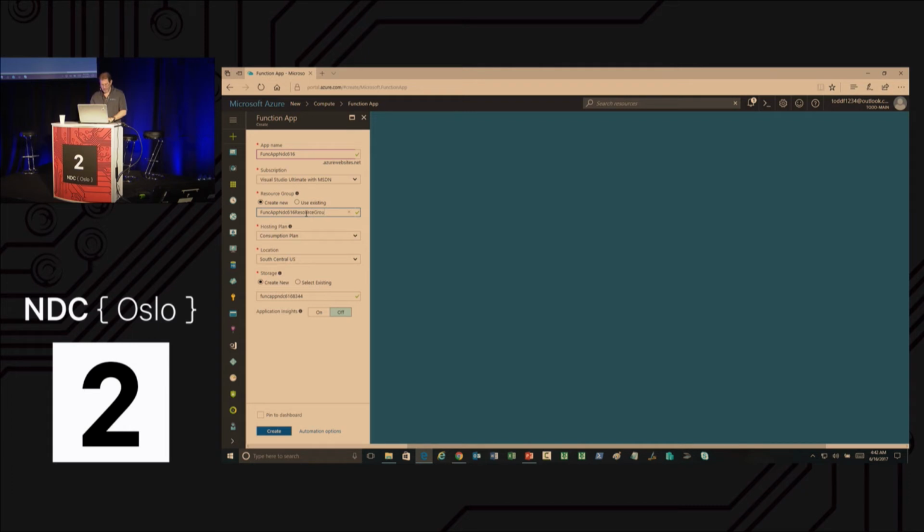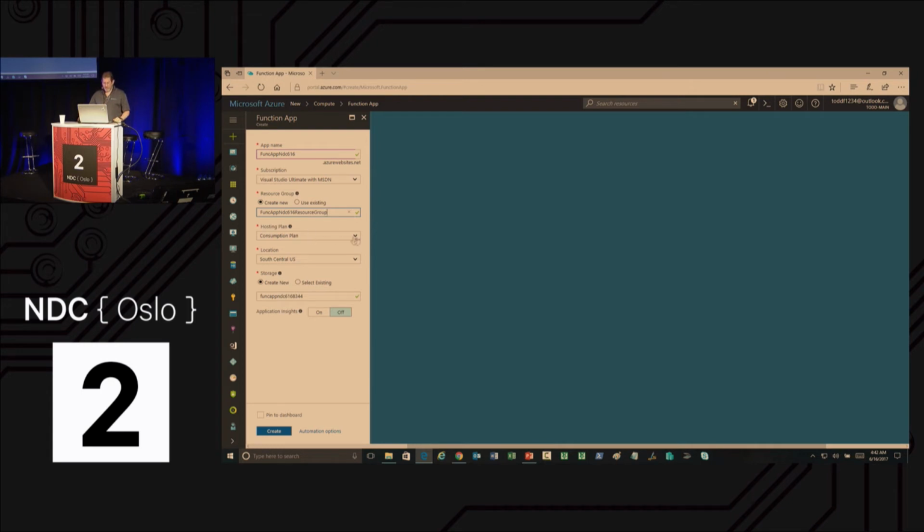Now, for those of you who don't know Azure or what a resource group is, at a high level, it's just a way to combine everything in your Azure thing that you're doing, all your resources, into one group so you can manage it all at once. If you have something that's using 20 different types of Azure components and you want to delete it, you don't want to go in and find them all and delete them. You just want to say, I want to delete my thing. So this is going to combine everything that we're using, which isn't much, into a resource group with this name.